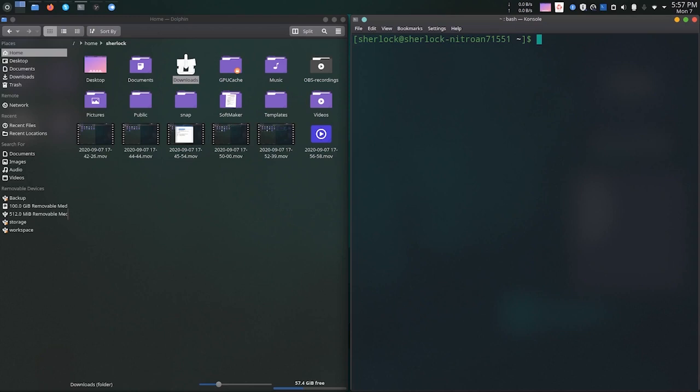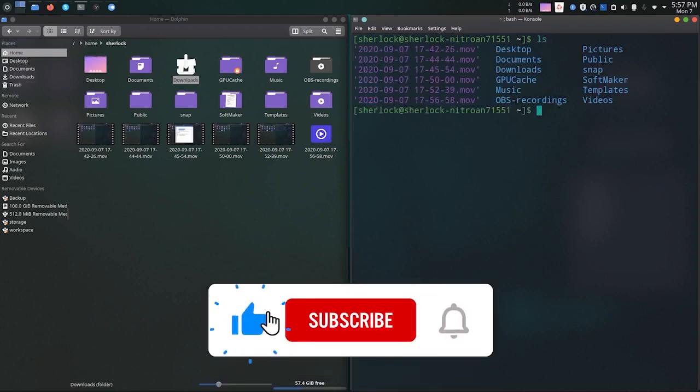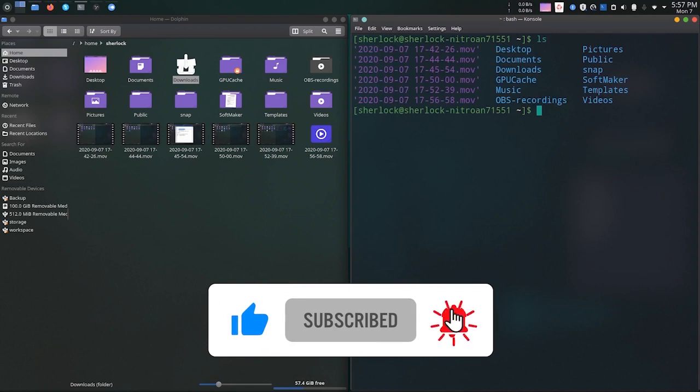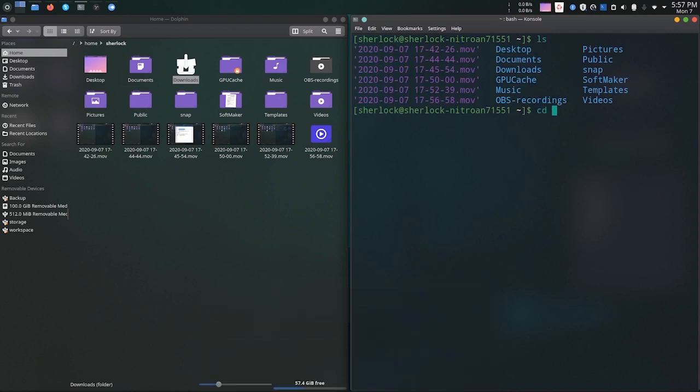So first, before moving to the next folder, if you are a beginner, just list out what are the folders that are present so that you can easily type the name of the particular folder. Let me show you how. First I list out the folders that are present in the current directory. To move into documents or downloads, just type cd and the name of the folder you want to go into.